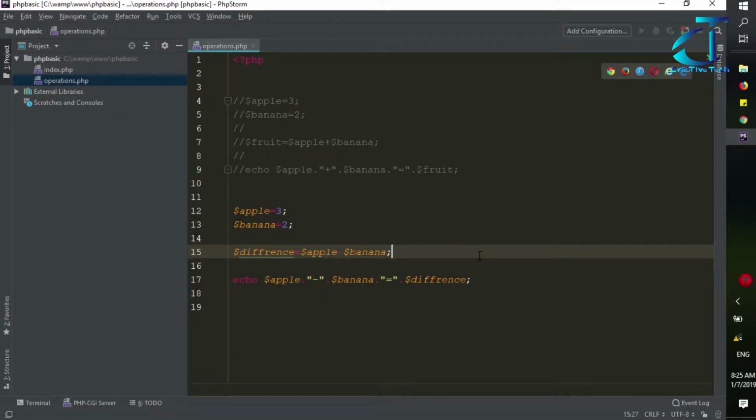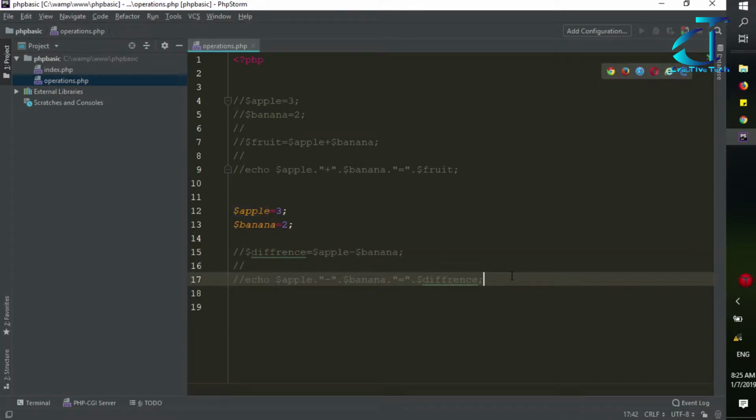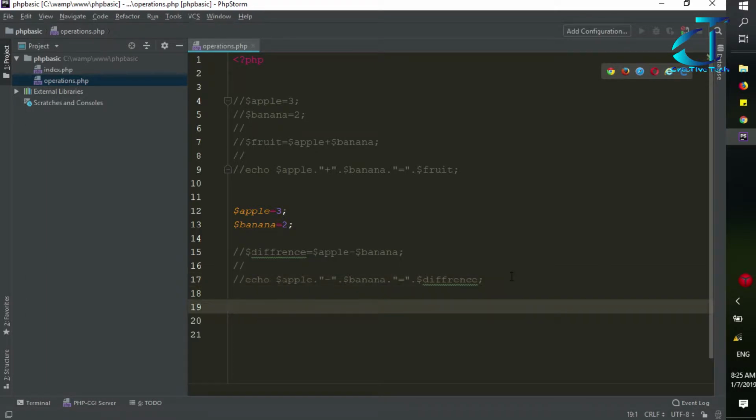Hello everyone, and today we will discuss multiplications. So I will comment out these lines of code. And now, as we have the apple variable and banana,